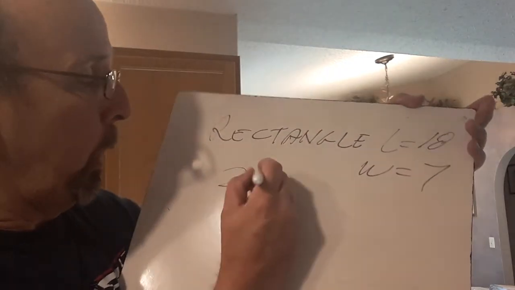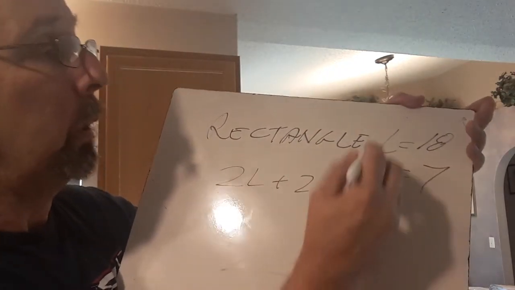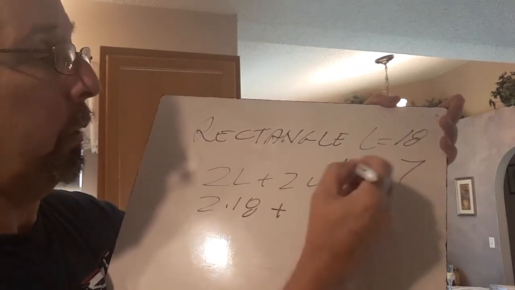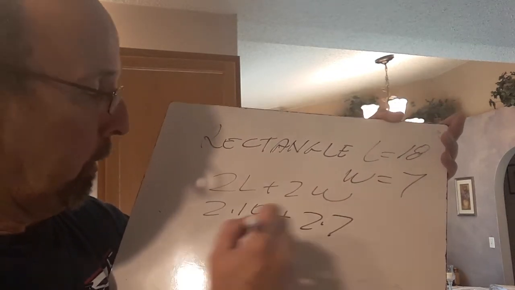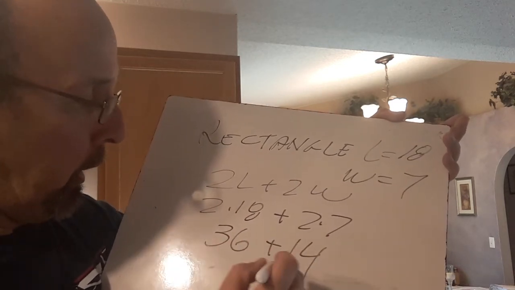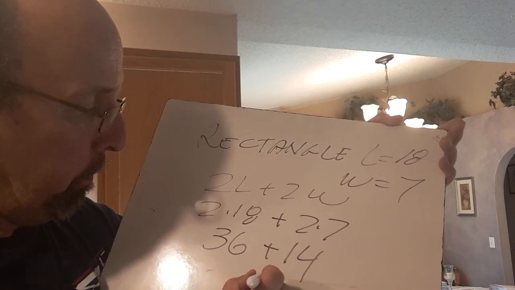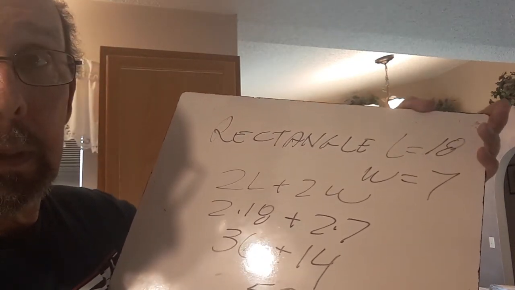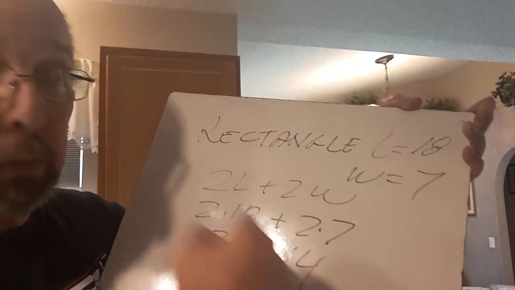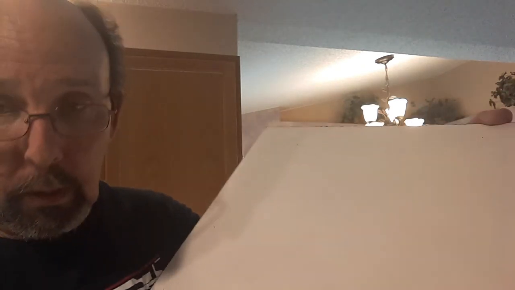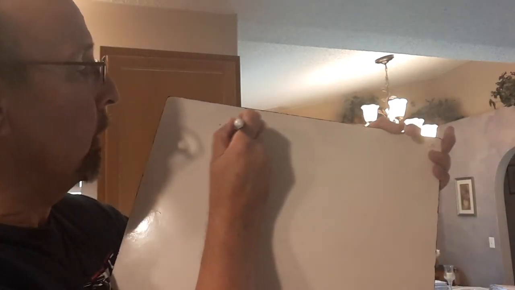Well, you go 2L plus 2W. L is 18, so 2 times 18, plus the width is 7, 2 times 7. 36 plus 14, and you end up with 50, right? That's the kind of problem they're going to give you. Then they'll give you something like this. They'll say the same thing, or they'll say a square. You have a square,